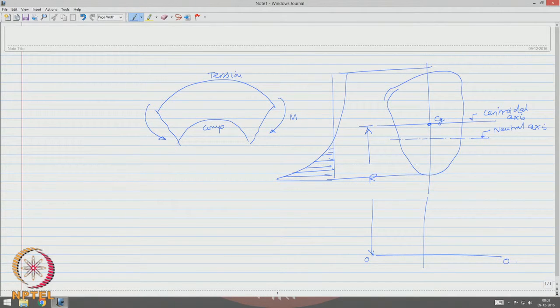Since they are not equal, the neutral axis is not coinciding with the centroidal axis. So, the stress variation is hyperbolic. Therefore, the Winkler-Bach equation